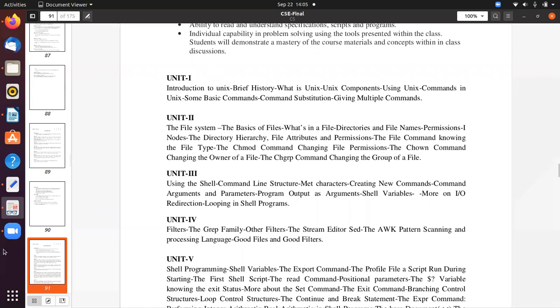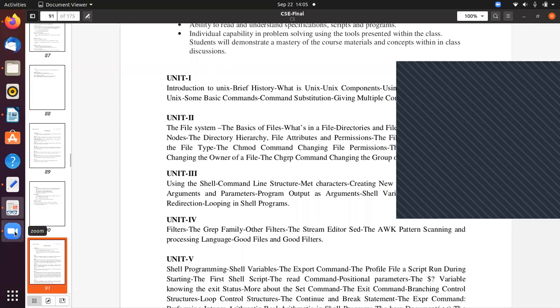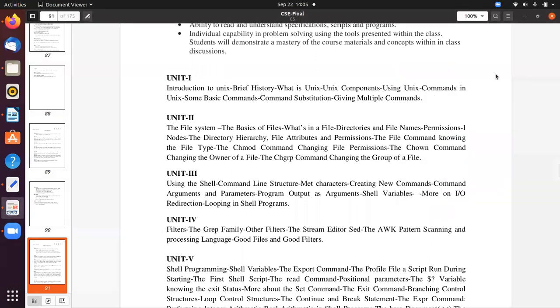In the previous class, before going to looping in shell programs, we discussed some operators. I hope you all know that.